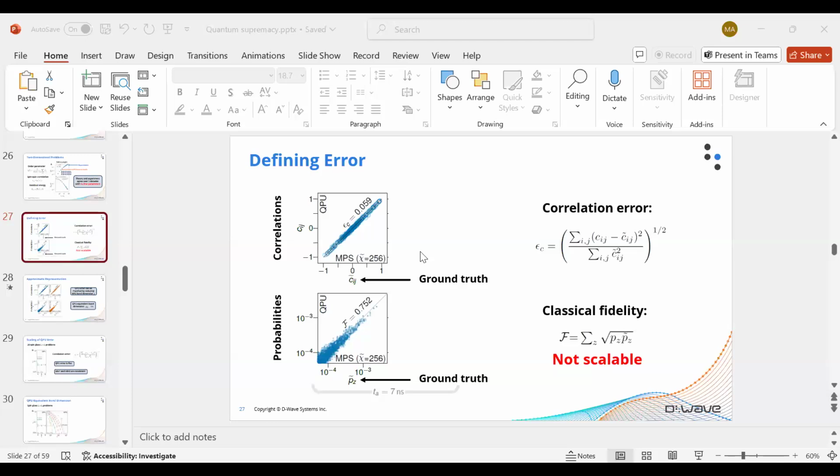The x-axis was bond dimension, actually, sorry. Let me show you the plot that you mentioned. Yes, so the x-axis is bond dimension. This is the QPU error as a function of time. It goes a little bit down and goes up again. So probably here you start seeing decoherence because the time goes up. So the error of the QPU is almost the same as a function of time. But the error of PEPs grows significantly. And the reason it grows is because the neighborhood grows, and in order to keep the error, you have to increase the bond dimension.